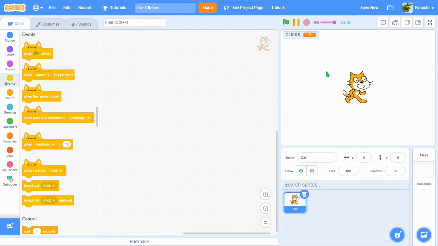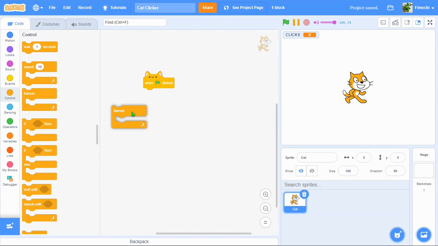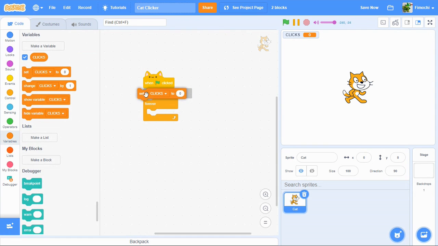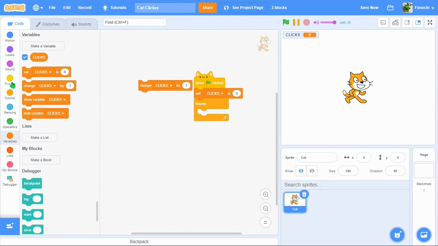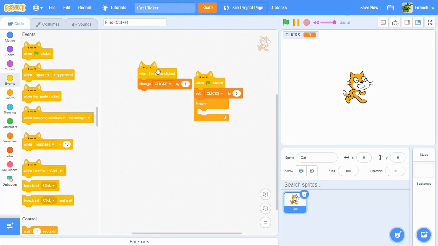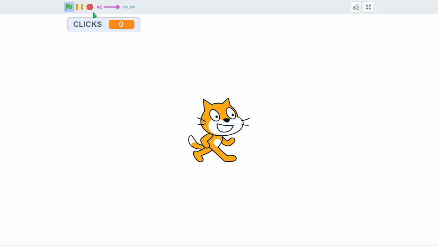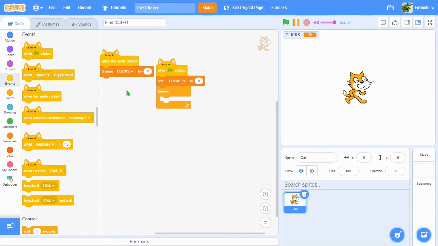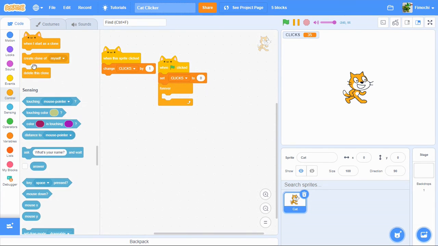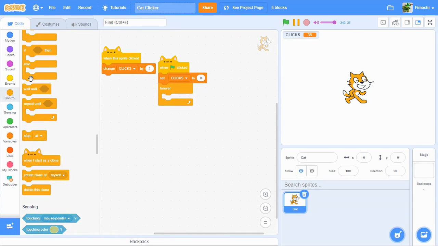First, let's start with making the cat clickable. So, when green flag clicked, forever. First let's just add set clicks to 0. Now normally what Scratch does, which I don't really like, is when this sprite clicked. The reason I don't like it is because even if you stop the project, you can still click and it just doesn't seem the best, because you'd want to add thumbnails and stuff and you wouldn't want to be able to click this. You can decide to do that, but for this tutorial,